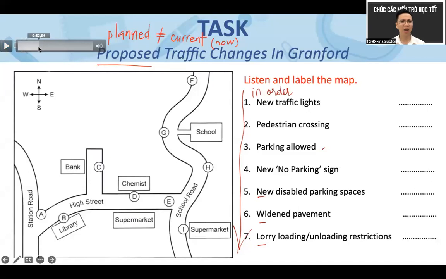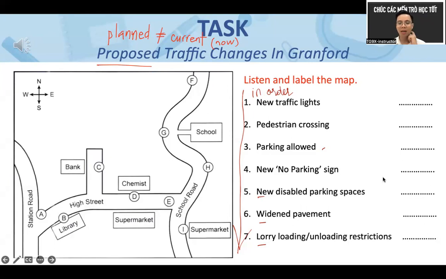Anh không, để em cho là nghe nguyên khúc đó để cho quý vị có sự mường tượng. Some changes to parking. At present, parking isn't allowed on the high street outside the library, but we are going to change that and allow parking there. And allow parking there, tức là cho đổ ở B. Đáp án là câu B nha. Câu 3B đó quý vị ơi.